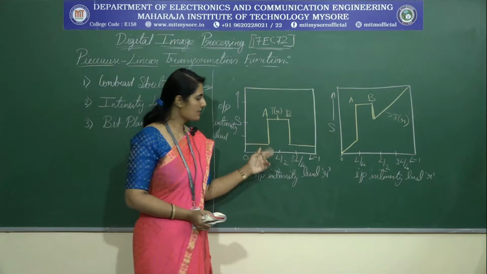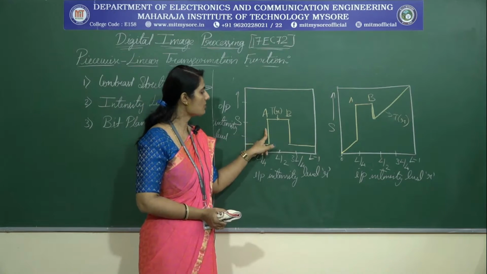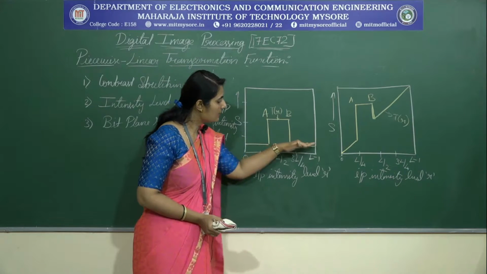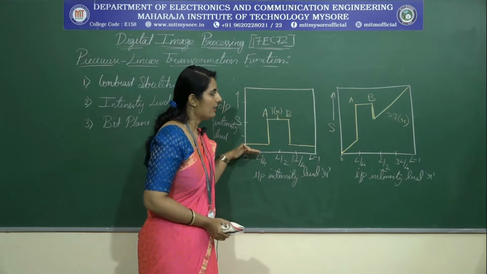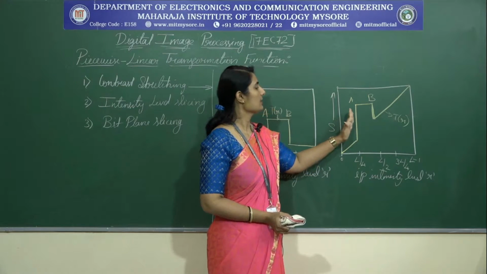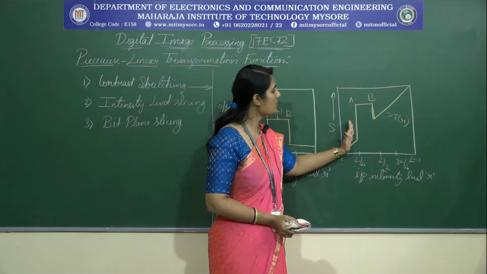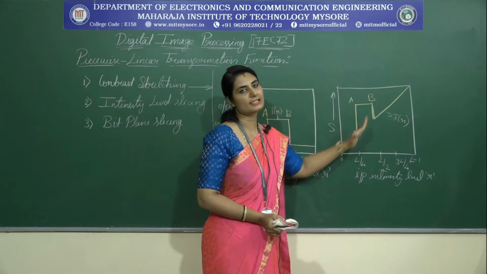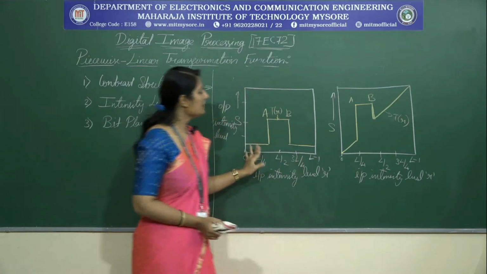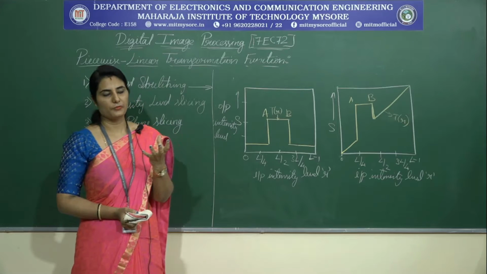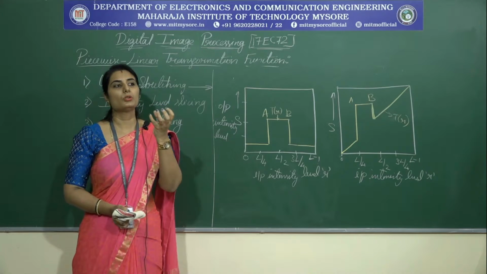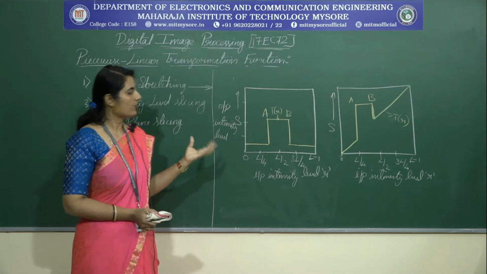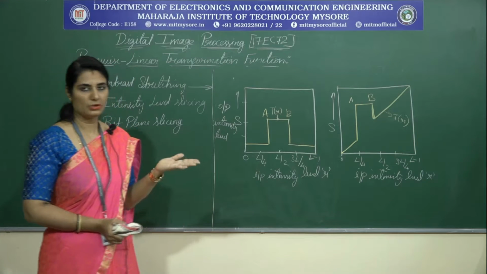So in the first approach, we highlight the range of intensity levels from A to B, whereas the other intensity levels are reduced to lower values. And in the second approach, we highlight the range of intensity levels from A to B, whereas the other intensity levels are preserved as they are. These two approaches are used where we have to extract only the object which is of interest in the image. A good example for this is shown in this figure.